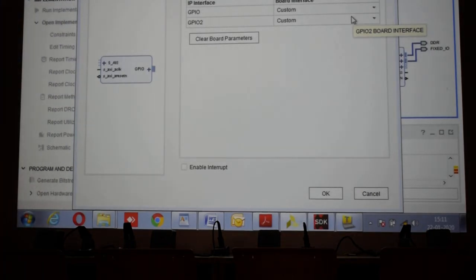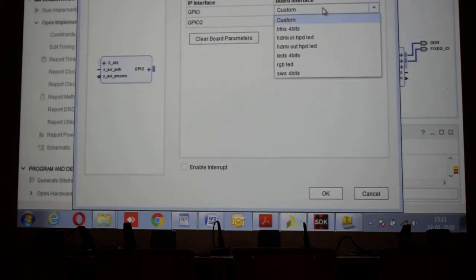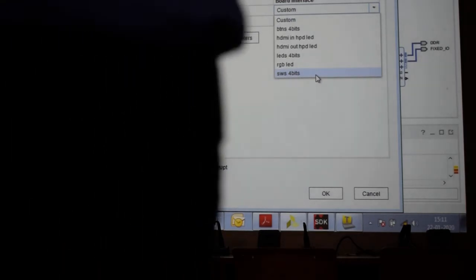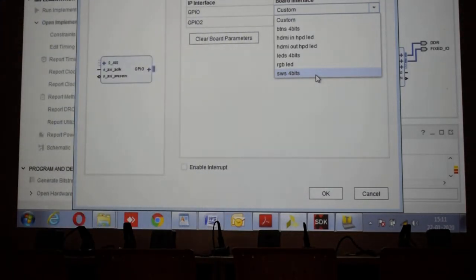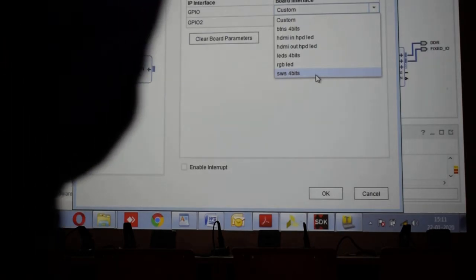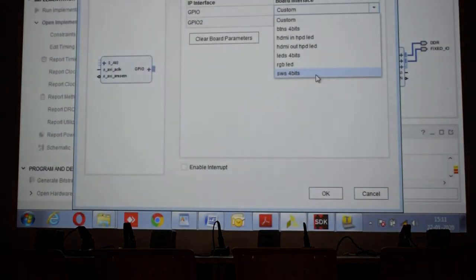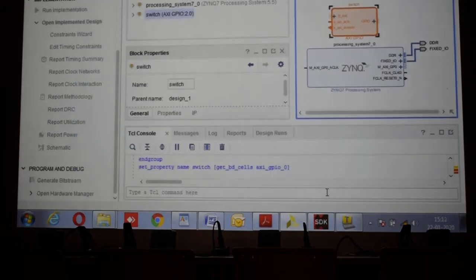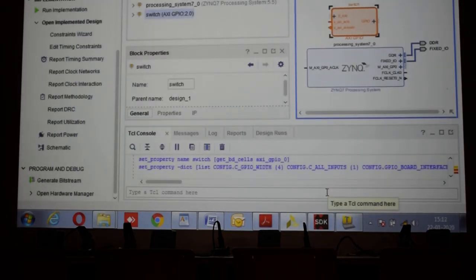There is a custom option, select it and make it as switch only. This is a customization you can do. These all connect to the FPGA: LEDs, RGB, switches, HDMI, buttons, all these things. So we will do the switch, which is 4-bit. Click on that and give OK. We have given a switch name and selected a switch.